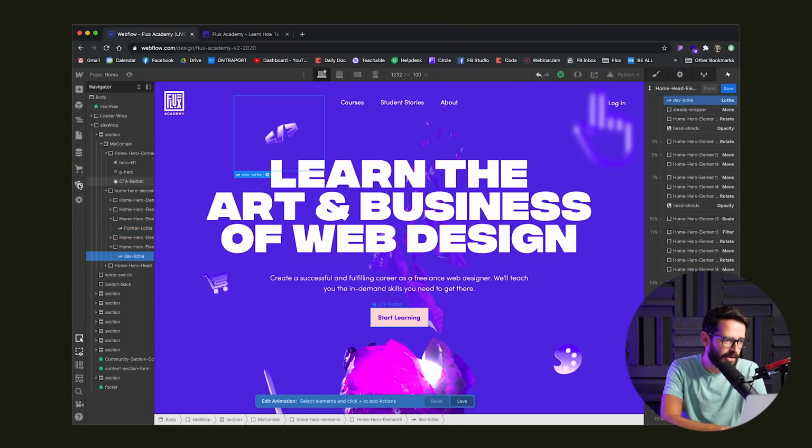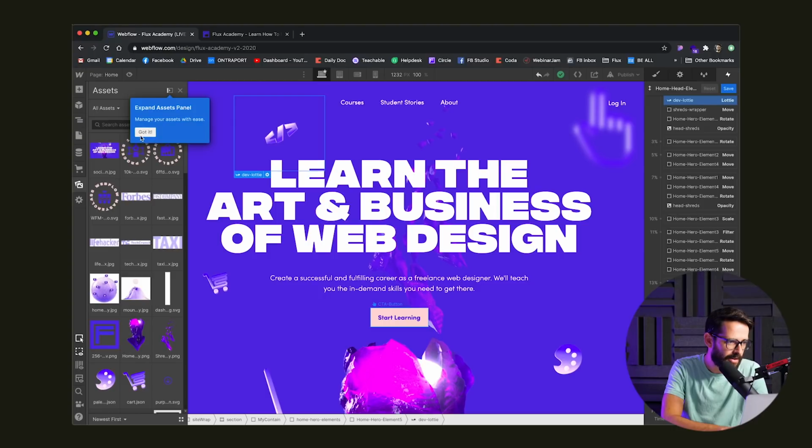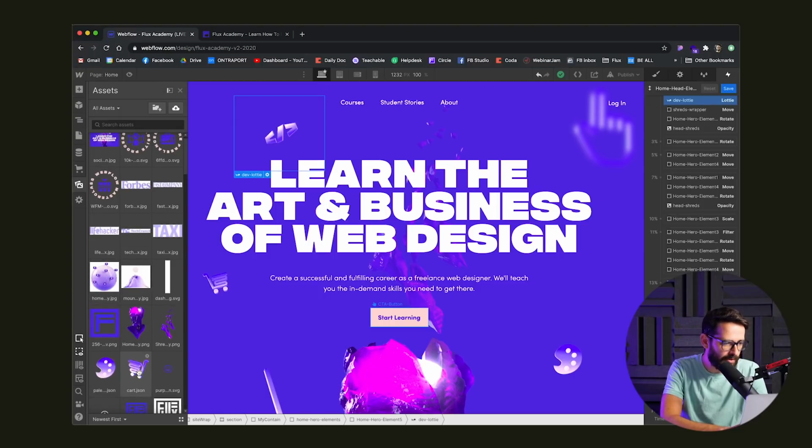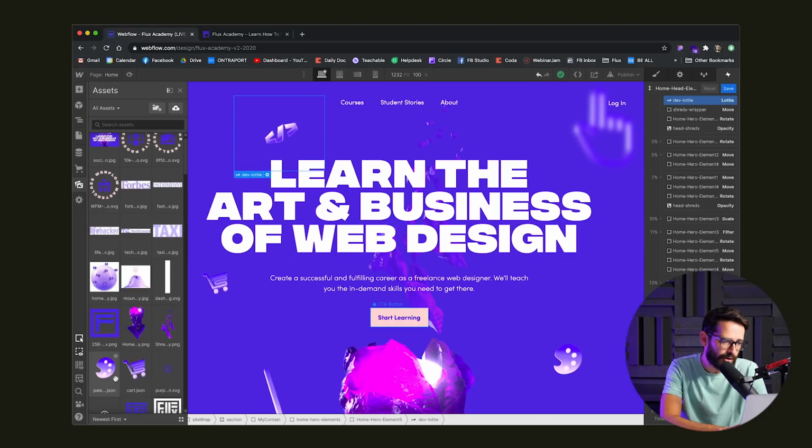So it took us a while to figure out how we can create something cool, because originally we thought about making the whole thing like a 3D video, but that would just weigh too much. It was so heavy. But these actual Lottie files, and you can see them here in our asset panel, expand asset, thank you. These are the JSON, and you can see that they're rotating here. They're actually not that big, right? This is 200 kilobytes. It's not that big for an actual 3D animation. So that's the way we created something that's pretty cool, but not super heavy.